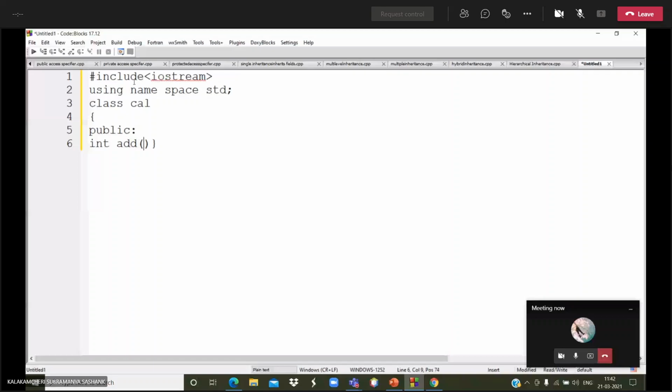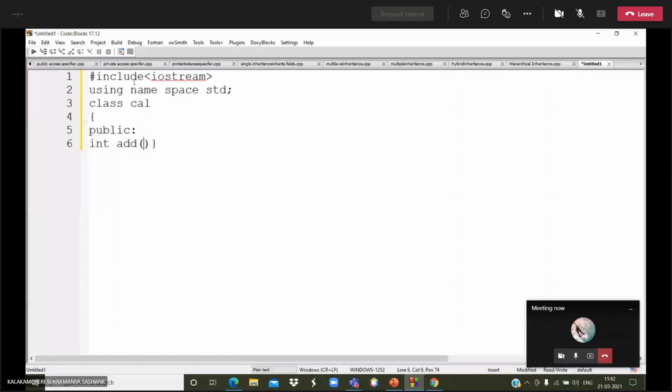I am declaring one more function as int add. See, I am using function overloading. I declared the same function as before. In the before method also I returned the add function. Again, I am writing the add function.